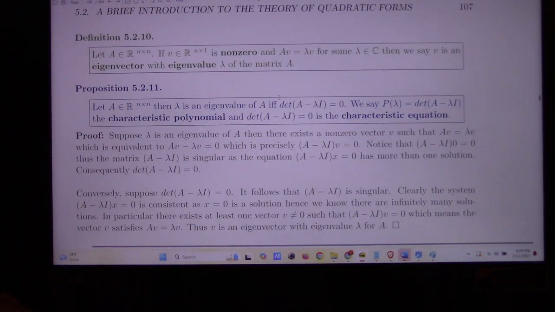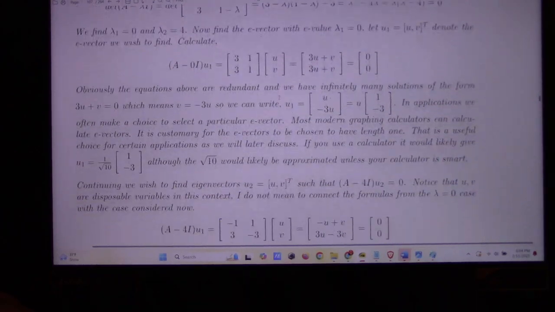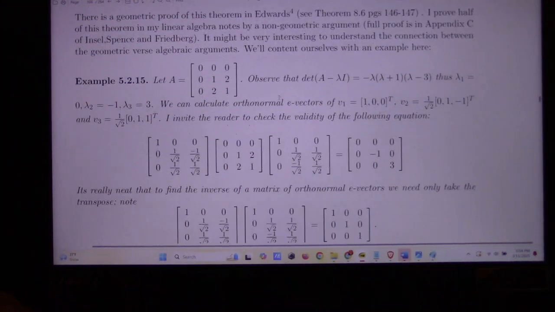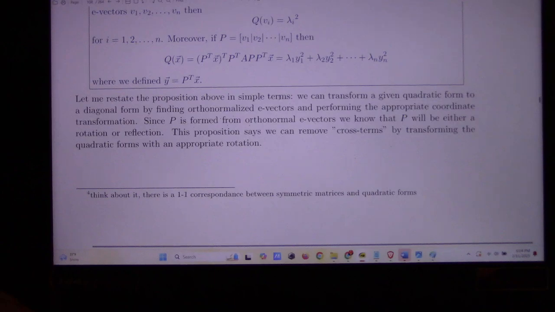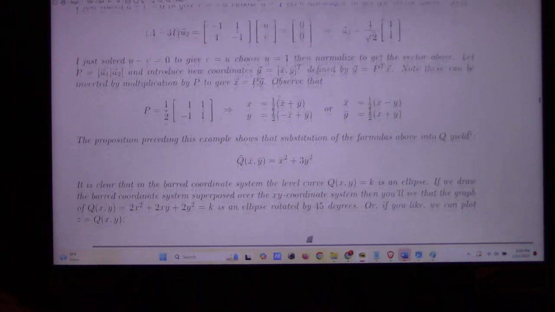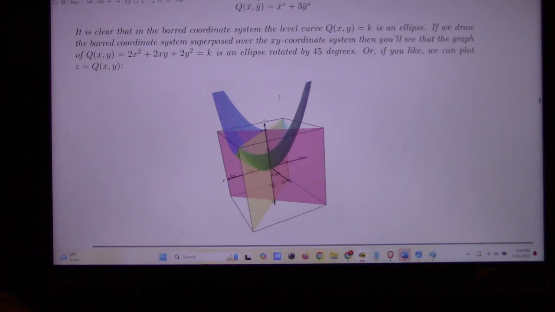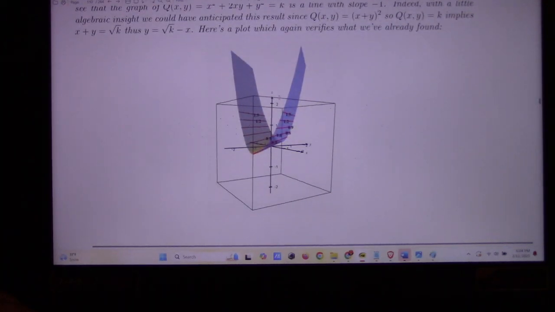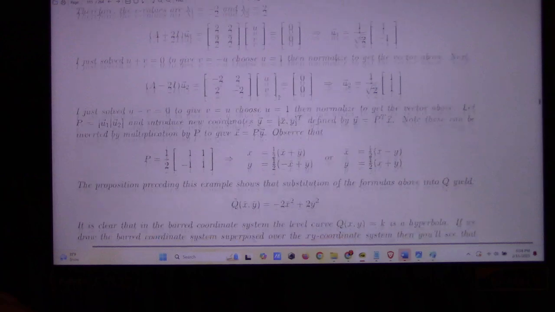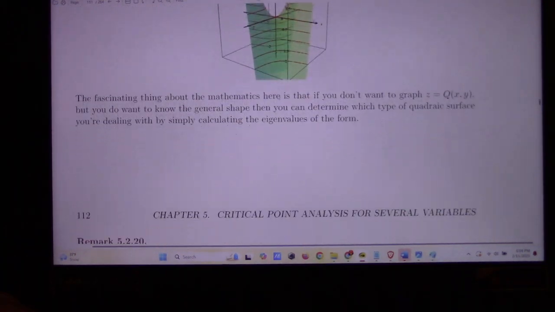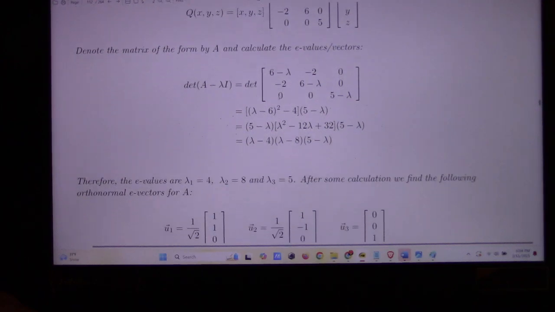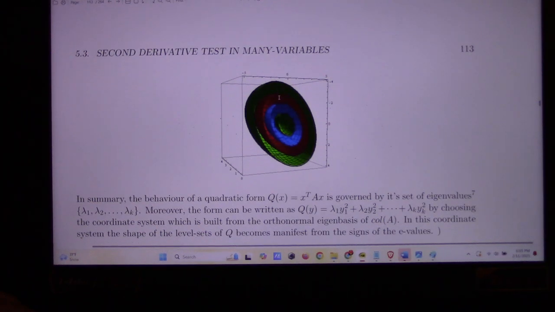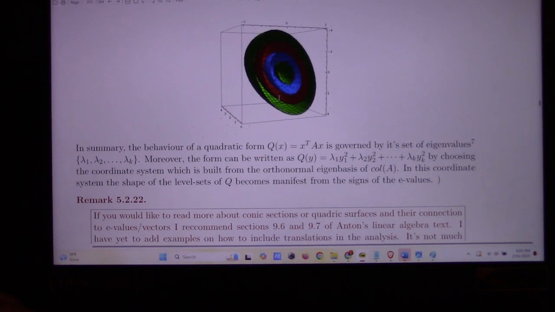Now I introduce, of course, the eigenvectors, and we go through the stuff I just went through, and I have some sample eigenvector calculations over here. Great. And perhaps interestingly, I actually have some examples where you can see the eigendirections, the rotation of the thing to reveal the rotated parabolic trough. Here's a rotated saddle. And finally, at the very end I have a rotated ellipsoid. So again, the eigenvectors reveal it. But I guess that's a wrap for today. I think next up we're doing